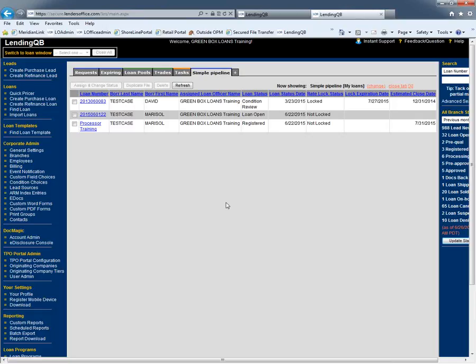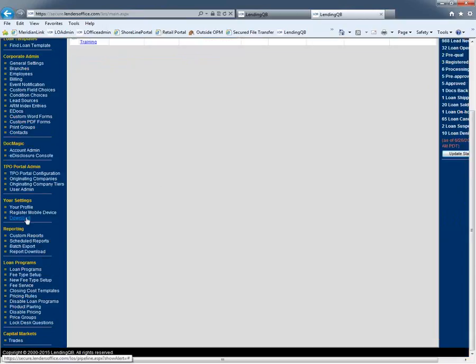Okay. Now, before you do anything else, I do recommend downloading an additional 3 programs onto your system for LendingQB, and this will just make your life a little bit easier. It takes only about 5 to 10 minutes to download these programs and get them up and running, and it saves a couple clicks here and there within the system. If you don't download them, by all means, you can still use the system just the way it is, but with these additional programs, it just makes life a little bit easier. So it's really up to you if you want to or not. Okay. First thing you do is come down here to your left-hand menu side, come down to your download link,